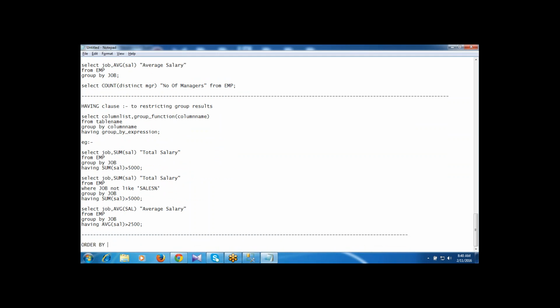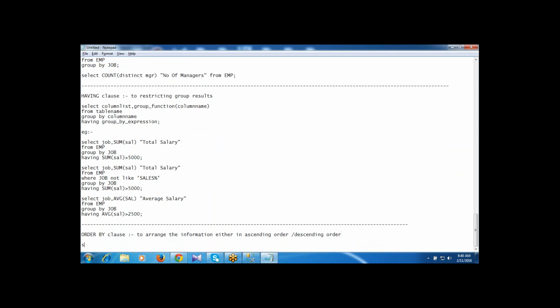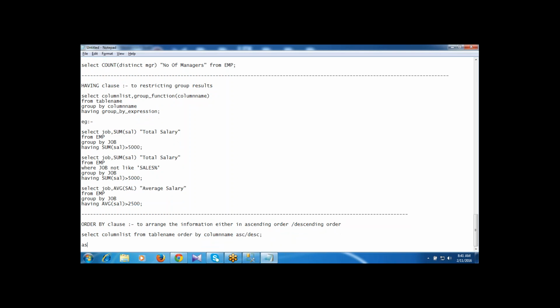Next, order by clause. Order by clause helps to arrange the information either in ascending order or descending order. Select column list from table name, order by column name, ascending order or descending order.